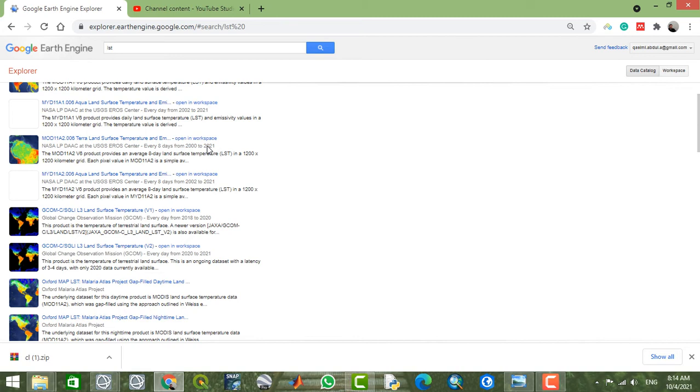Every 8 days, you can opt in and you can access land surface temperature of any area within every 8 days with a spatial resolution of